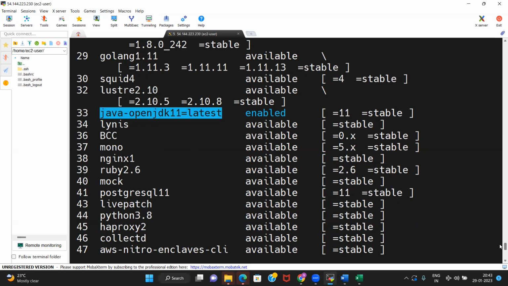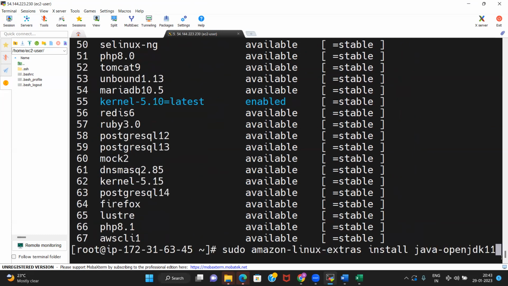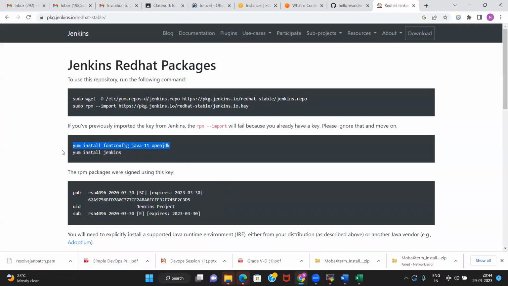Okay, if it is there, you need to pick it like this. So this is about Java, because Java is a prerequisite for Jenkins. Jenkins is a Java based tool, so you need to have Java there before setting up Jenkins.